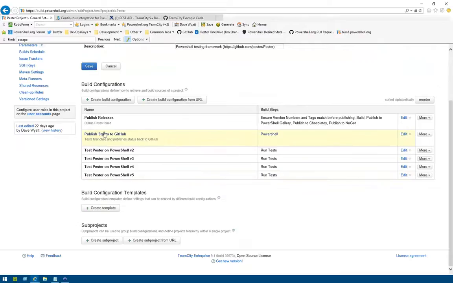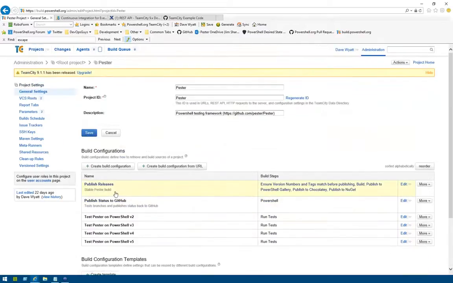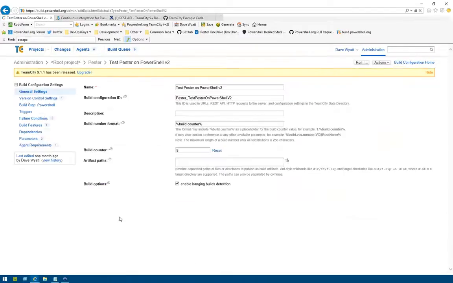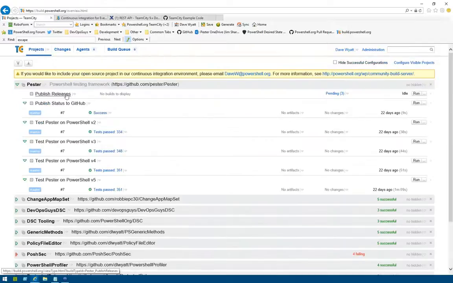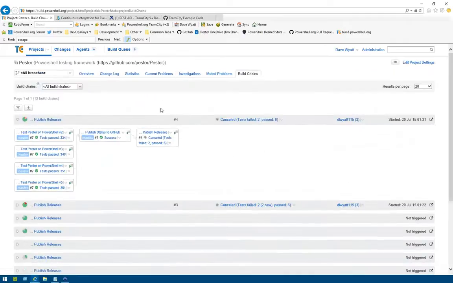Your build configurations and any of these can have both dependencies defined, and they can have triggers. And I want to point out that the way that you typically use dependencies and triggers in TeamCity is you put the triggers at the end of a build chain. So if I go back out to Pester and show that build chain again,